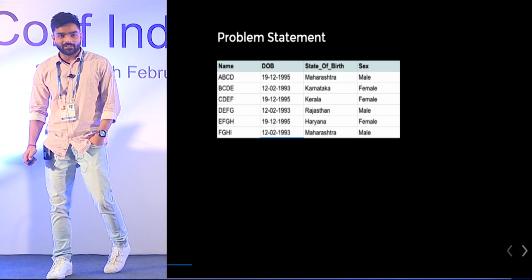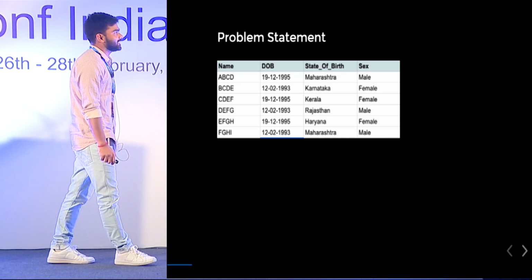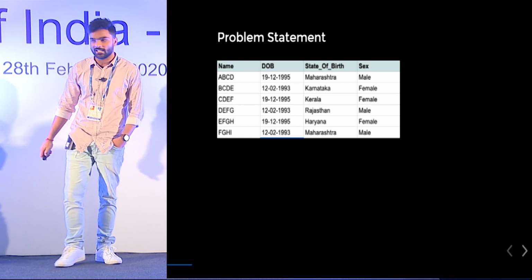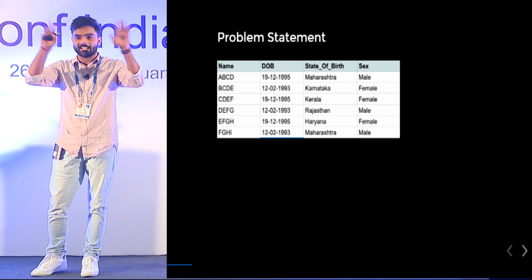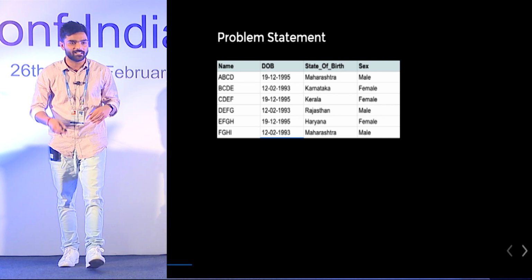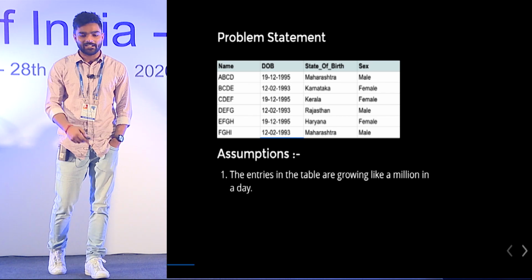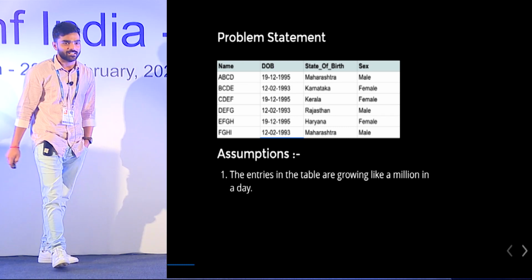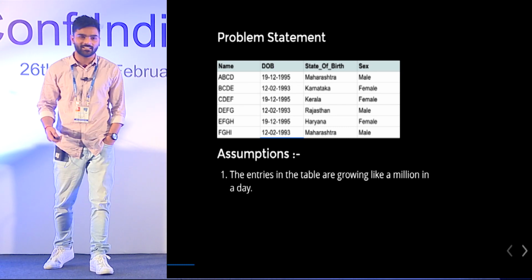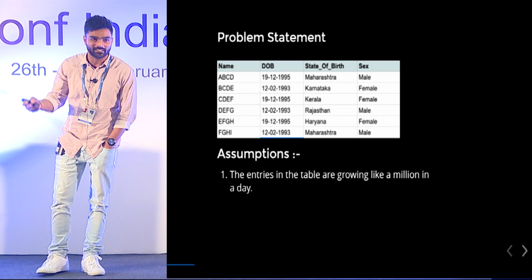So consider we have a table. The table has a few columns like name, date of birth, state of birth, and sex. It can be thought of as a population register table, where entries are being added daily. Some assumptions about this table are that the entries are growing like a million in a day. Like the population of India is growing by a million in a day, the entries in this table are also growing by millions